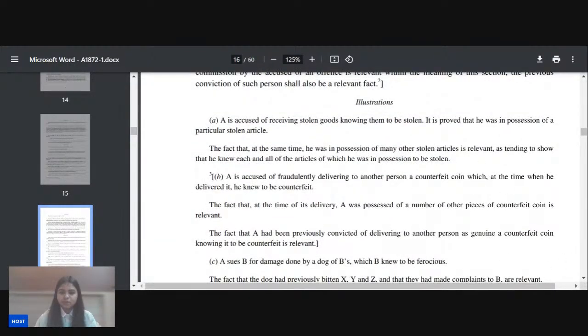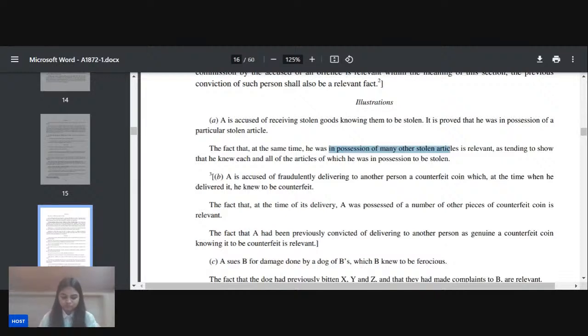illustrations. Say for example, if I come to this first illustration only, A is accused of receiving stolen goods knowing them to be stolen. It is proved that he was in possession of a particular stolen article. The fact that at the same time he was in possession of many other stolen articles is relevant, showing that he knew each and all of the articles in his possession were stolen. So it is facts which show the existence of your state of mind, that you know the thing. And section 15, if you come to